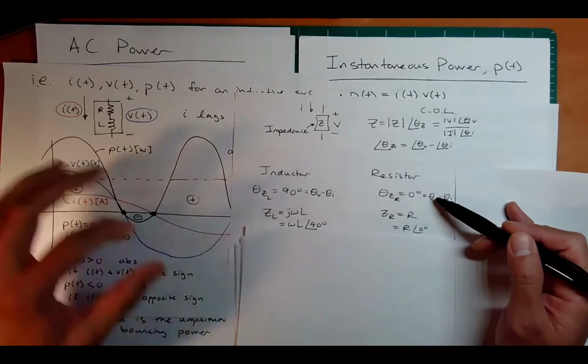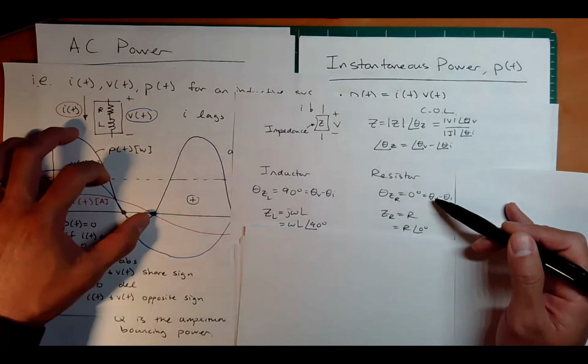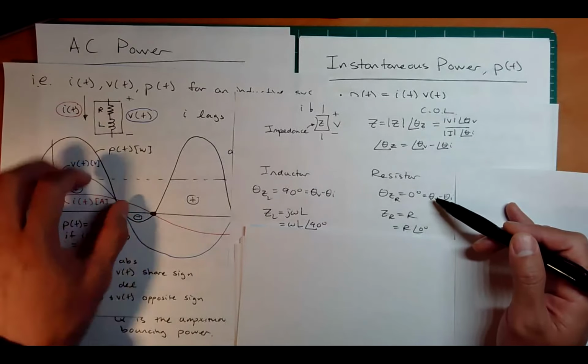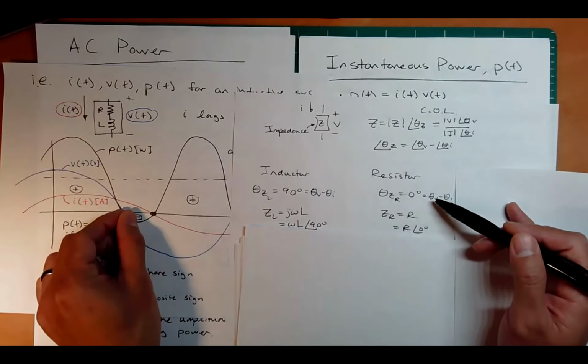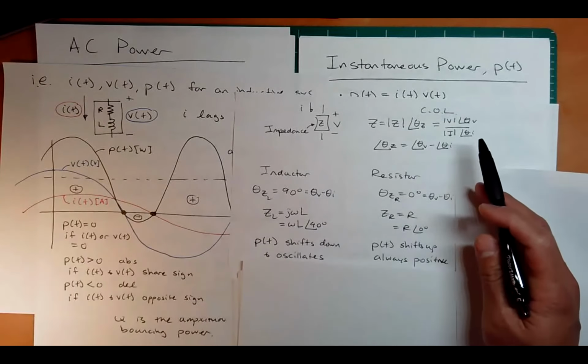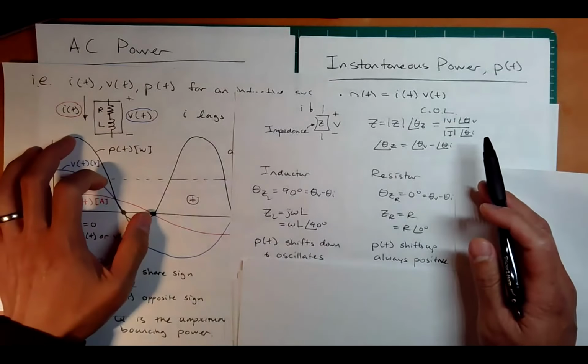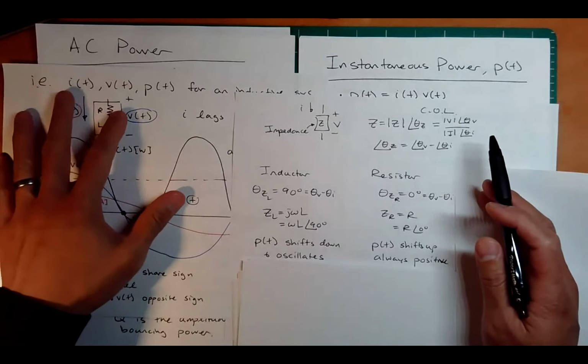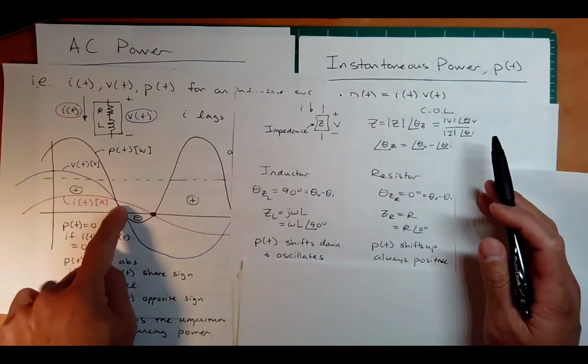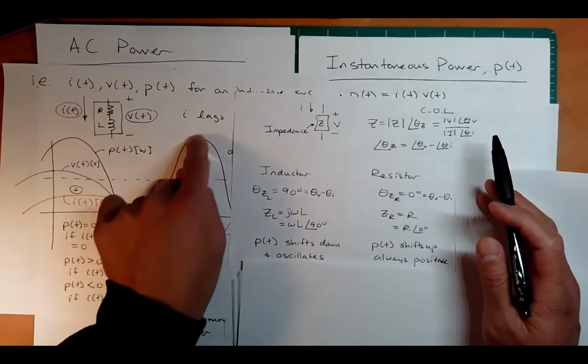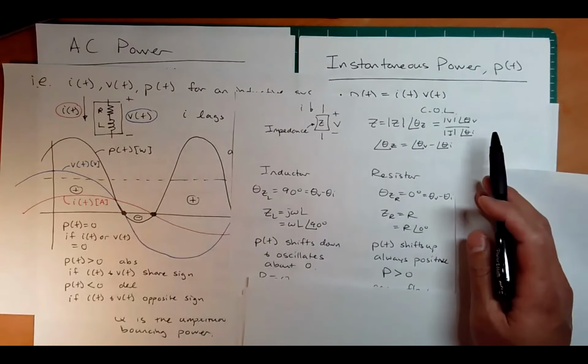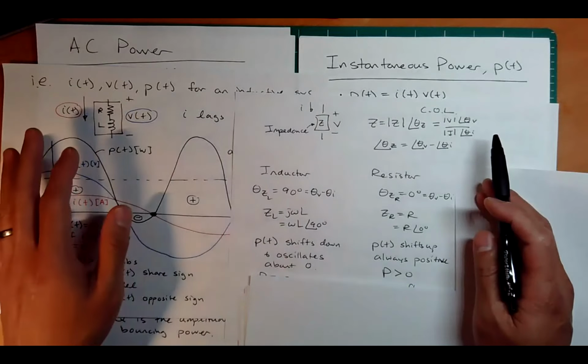Okay, if that happens, can you imagine that the instantaneous power is going up, right? This little negative part is getting squished out. And so p of t shifts up. That means the instantaneous power while it's oscillating is always positive, right? It's just touching the x-axis, but it's always positive, which means capital P is always positive,